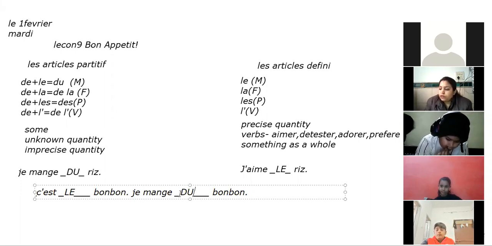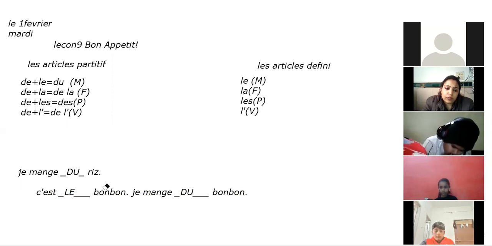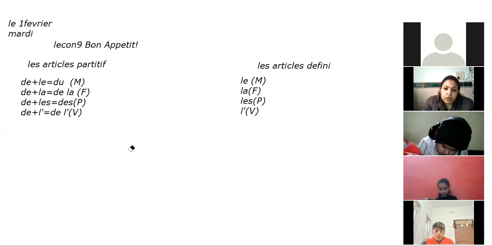Now let us proceed further with the back exercise question number 1 and 2. Please take it out. Question number 1 says that you have to fill it with article partitif. If you have to fill with article partitif, that is okay, you don't have to do anything as it is denoted above. But whenever you are going to fill that together, then you have to keep in mind where to use which one. Okay, now let us start.